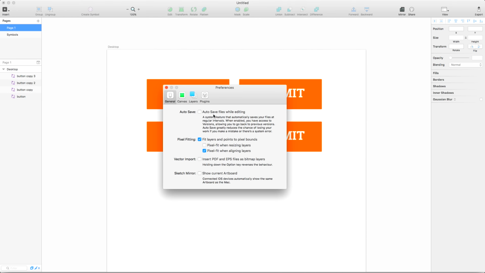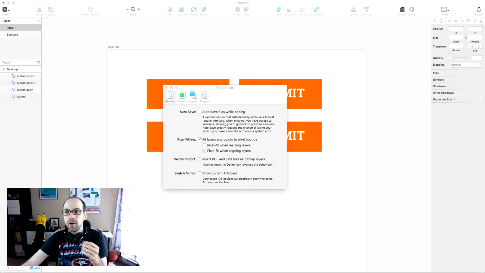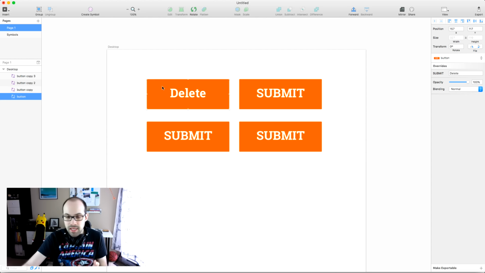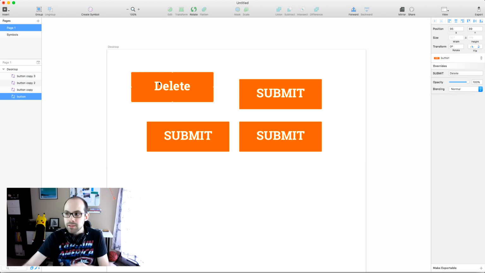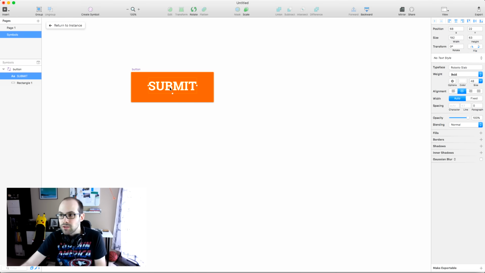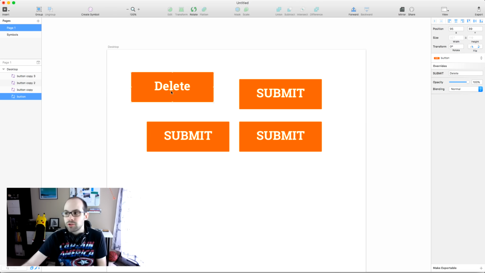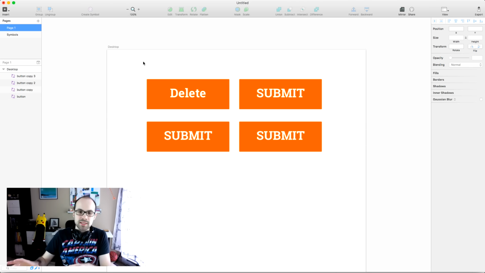But anyway, this option is a default option of OS X, or Mac OS, the operating system, and it auto saves every time you do something. So if you take a button and move it 3 pixels, it auto saves another version of the file. If you change one letter of the text, it auto saves another version of the file. The good thing about how Mac handles this is that it's a built-in operating system feature,